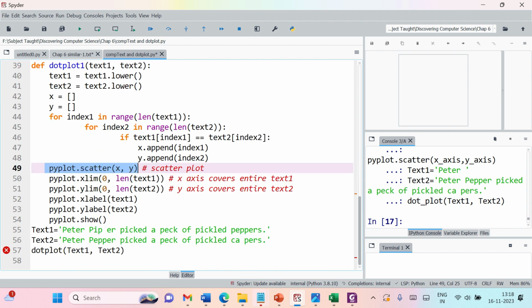And you can see that I am using the xlim function. You can specify the range for the X axis. It will start from 0 and it will go up to the length of text 1, while your y-axis again will start from 0 and it will go up to the length of text 2. And here I am assigning labels to my x-axis and y-axis. The label of the x-axis will be text 1, the label of the y-axis is text 2, and then just calling the show function